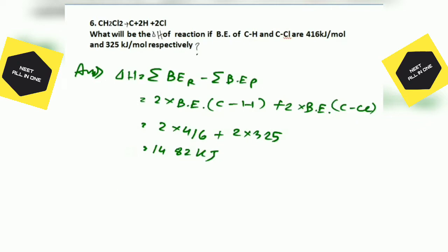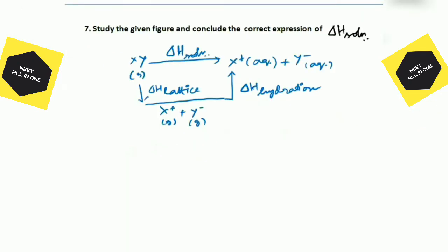So let's see the seventh question. The sixth question is done. Here we can see a figure is given and they have told us to conclude the del H solution. From XY, del H solution goes to X plus Y minus aqueous, but it is also via X plus Y minus gaseous with del H lattice plus del H hydration. So from Hess's law, we can write it like this, that del H